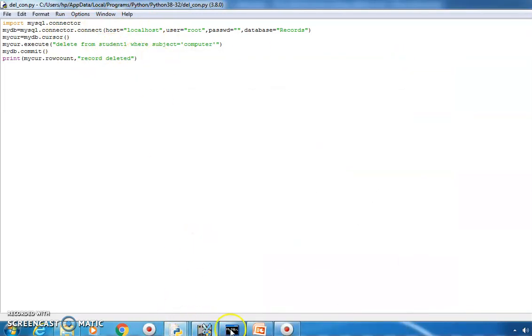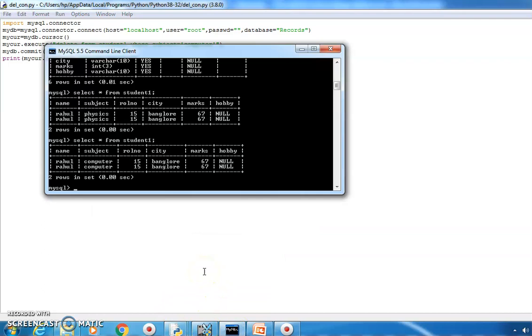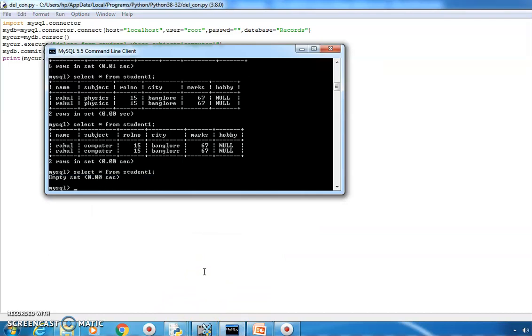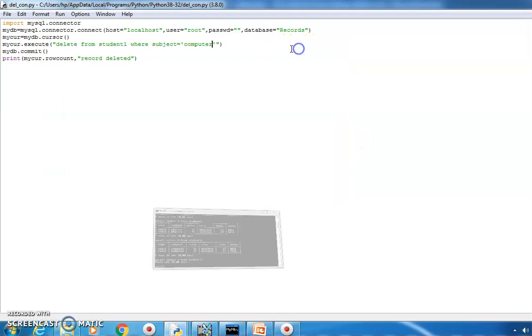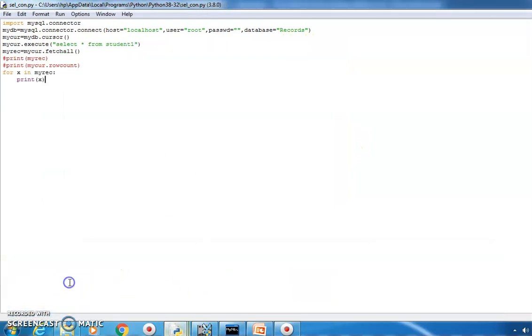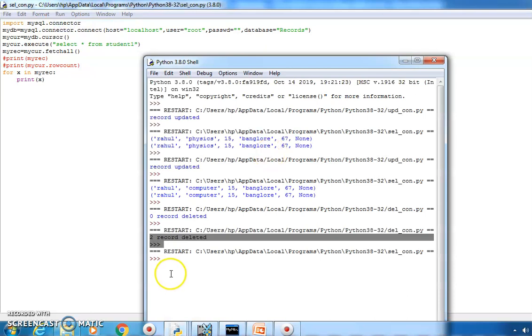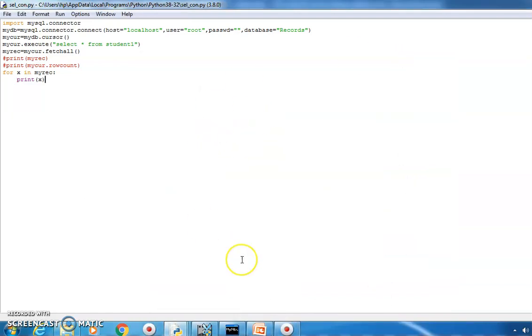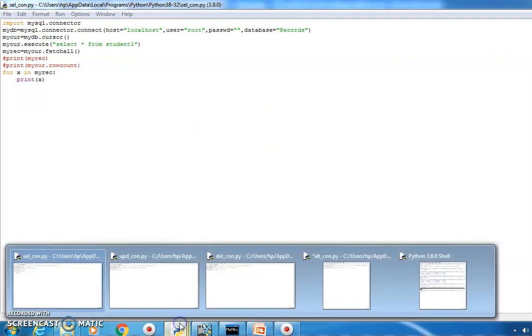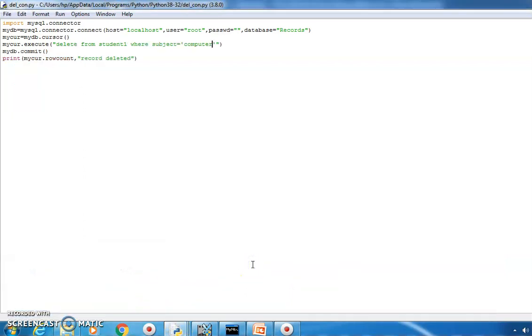Now we can again go to MySQL to check whether the records have really been deleted. Yes, empty set. And we can go in Python also, run the select command. Let's see how many records it's showing. It's showing nothing. No record showing means all the records of the table are deleted. Okay. Now I am sure that you must have understood the delete command also. You just have to write the delete query and nothing else.